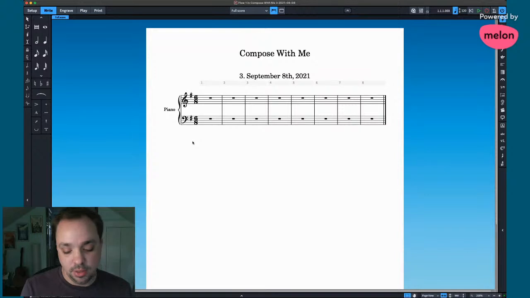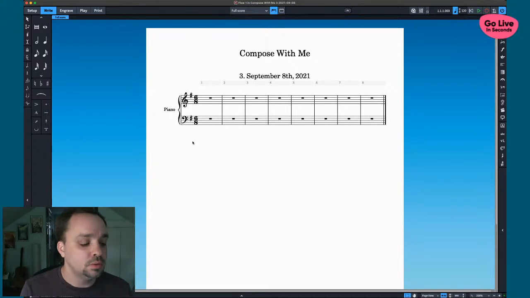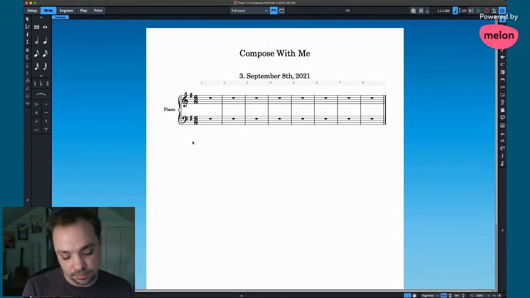So at this point, I'm going to be noodling, basically. I guess I should decide it's in major. I'm going to decide a little bit where this is going to end up. I like starting on the G major 7 here. That sounds pretty good. Could start on the 6. Nah, go with the 7.